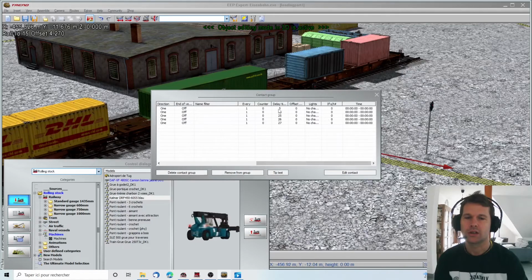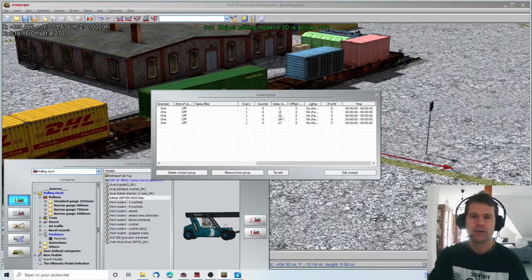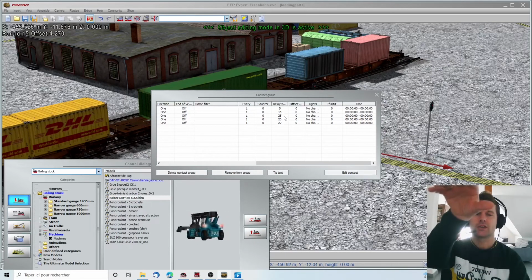So I'm starting here. 5 seconds, the cabin is going in front of it. 10 seconds to move. After 15 seconds, it starts to go up to grab the container or to prepare for it. 10 seconds later, it goes down and grabs the container. Wait a minute, 5, 10 seconds to make this, 10 seconds to make. You have to remember 5 seconds. You gave him 10 seconds to make this movement, 10 other seconds to go up, 10 other seconds to go